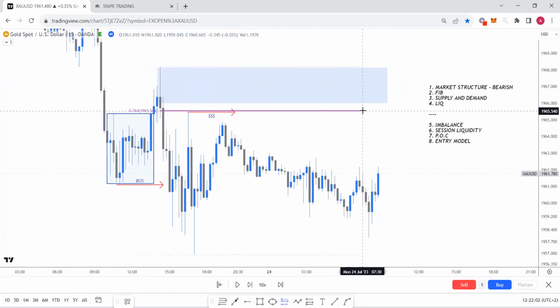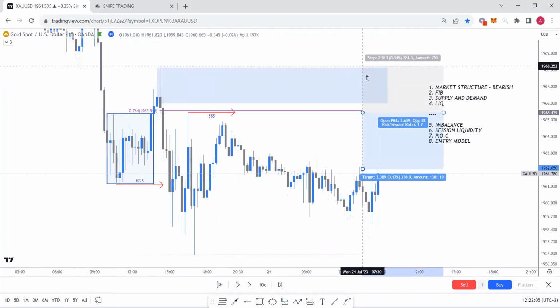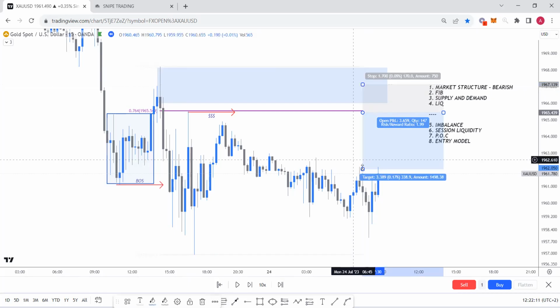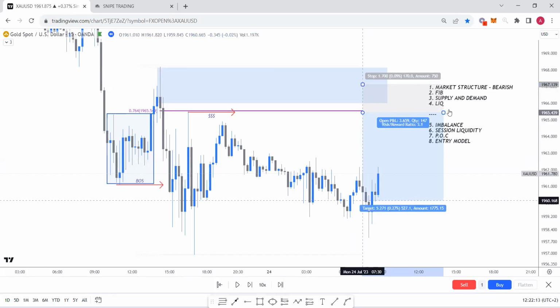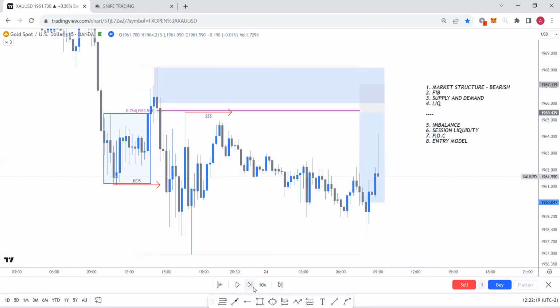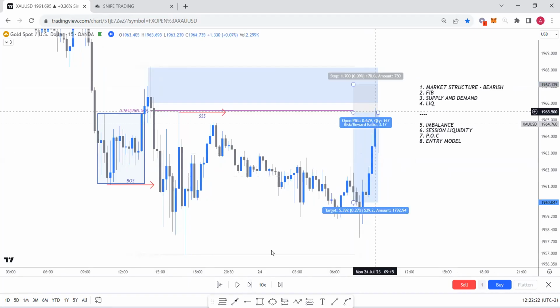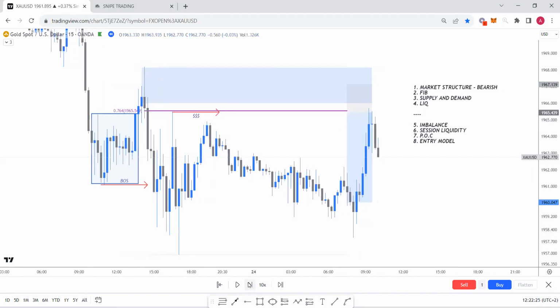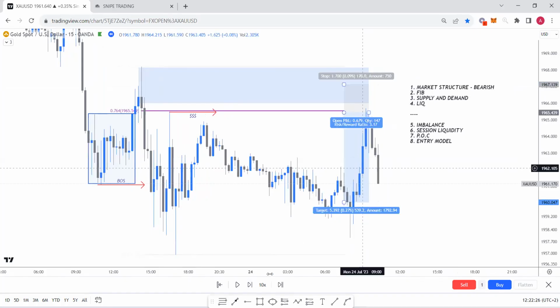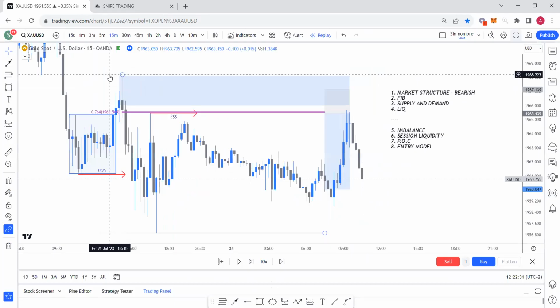And I remember my first entry was right here at the liquidity high. My stop loss was right above this high right here. I was looking at this zone. And then let's just play it out. Nothing too crazy on the first entry. Okay, this was my first entry, on this high right here. And price then came straight